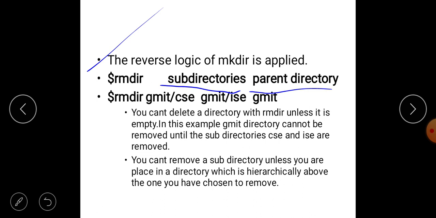Okay, see here, rmdir gmit/csc gmit/isc space gmit. It means first you are removing both subdirectories csc and isc, next we are removing gmit. Okay, we cannot delete a directory with rmdir unless it is empty.